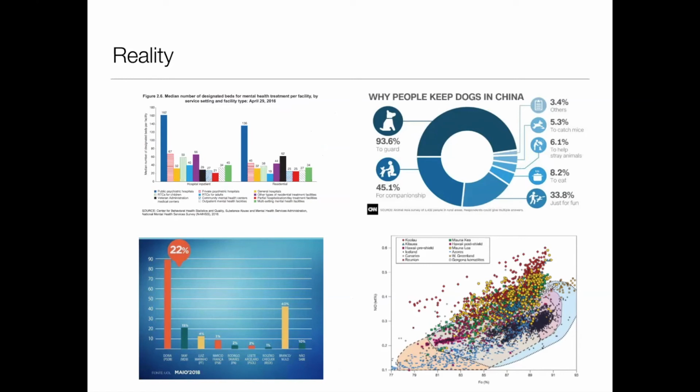For example, you have this pie chart here where the dark blue is 93.6%, and still the pie chart shows less than half, which is very weird. And you have these bar charts with lots of colors and stripes and all kinds of stuff. And at the bottom here, a bunch of points that are all overlapping. And I doubt that anyone could actually extract any insight from this.